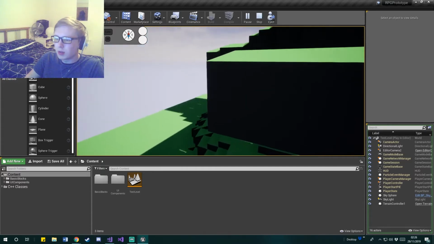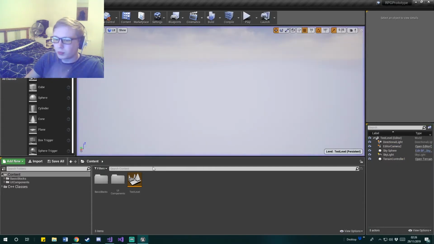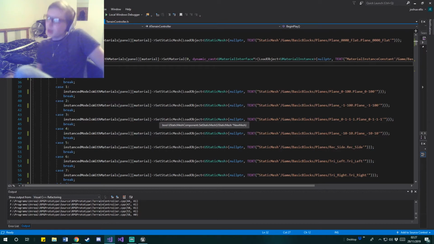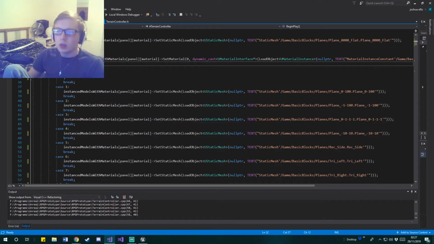Nice. So in this matrix of stuff, I can just present all the different material types. So for that, for example,